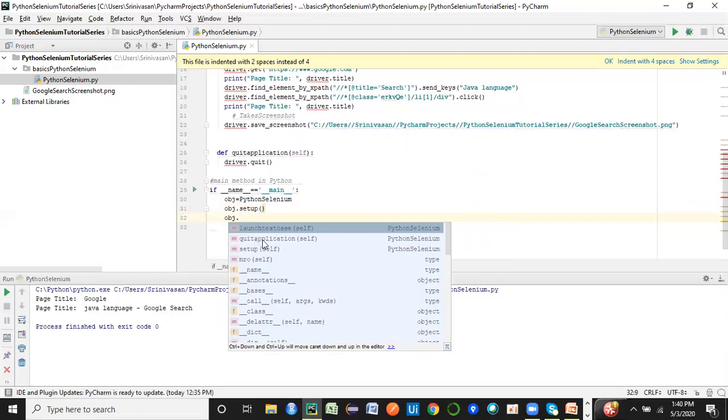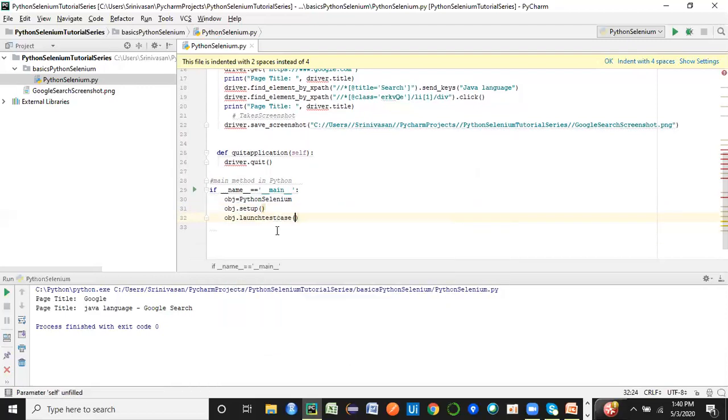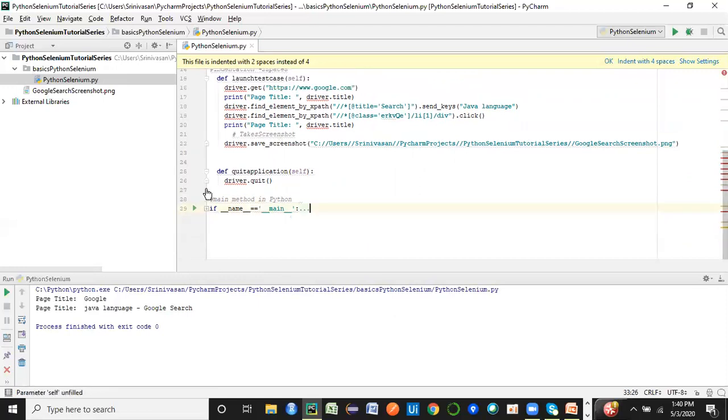Then I'm going to invoke launch test case, and this is going to be a method call. And finally, I'm going to call quit to quit the application. It should take care of closing the browser after it has done its respective test case, right? And we have changed in the same file here, and that's all about it. We just have to do this much, and if you collapse it, that's it. So your scope is defined properly.